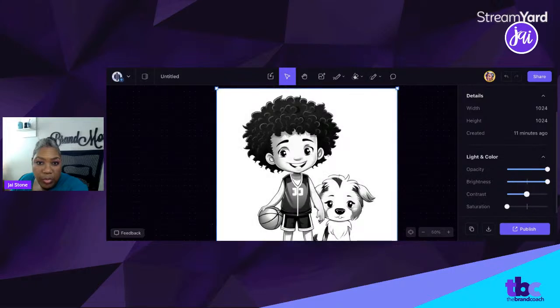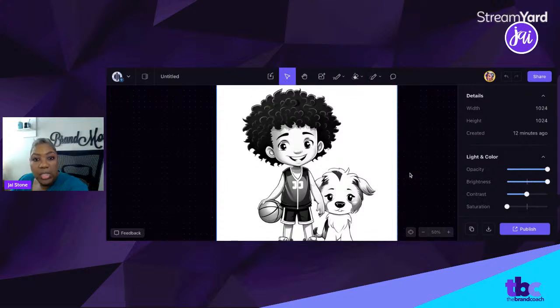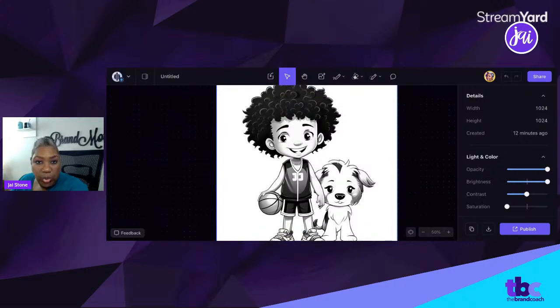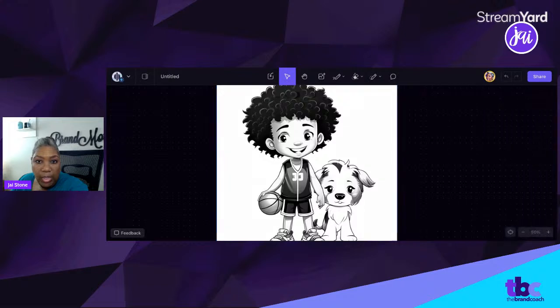I'll try to play with the contrast. So the contrast isn't really giving me anything that I'm looking for. Takes away some of the detail that I'd like to keep, so I'm going to leave that. And so I'm going to stop with the image here and just go ahead and